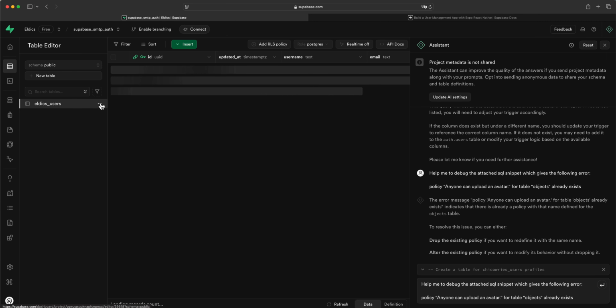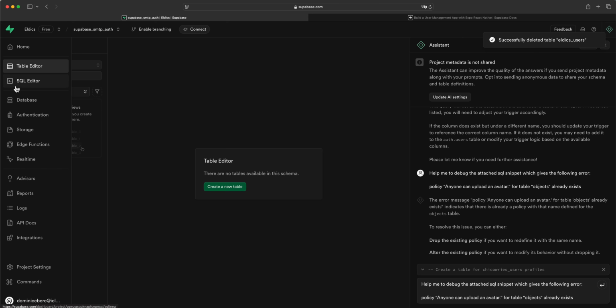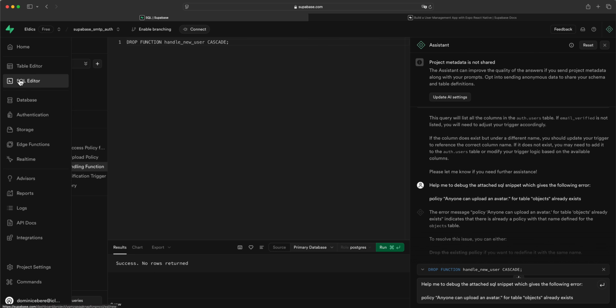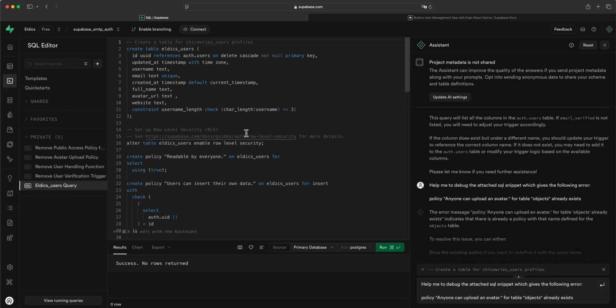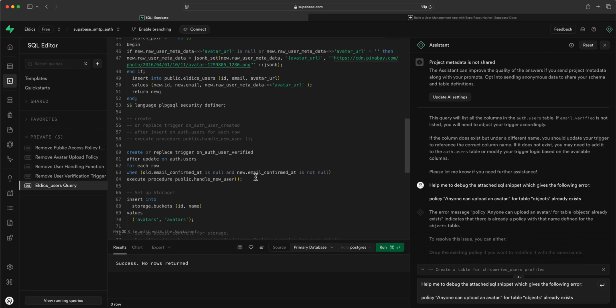So let's see, I'm going to drop or delete the table as well, and then go to the SQL editor and run this query to drop the handle new user. And before I run the LDX user query again, let me check things properly. So we have this, and yes, okay, I think everything is okay. Let me run. Okay, it's saying